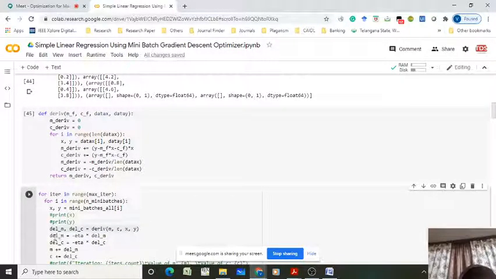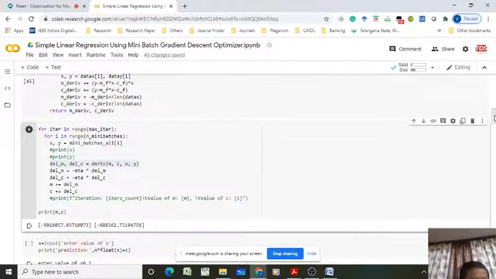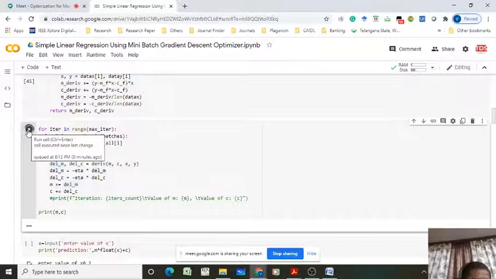So now delta m equal to, that means step length, delta m equal to minus eta into del underscore m. So what it means? Eta into gradient with respect to m, minus eta into gradient with respect to c. Just I am adding to this m. This is called updation. m equal to m plus gm, c equal to c plus gc. Right? So we have to run it over the number of iterations.